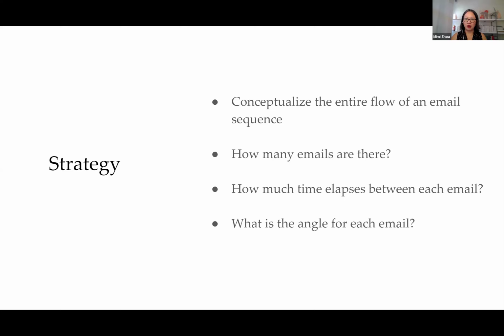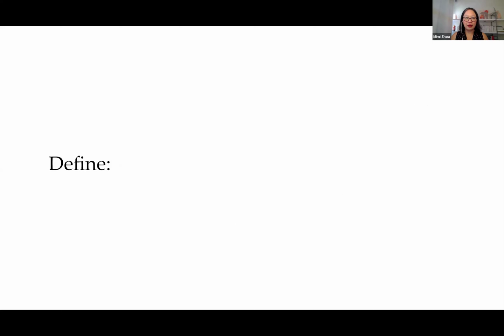I use a program called Whimsical, which you don't have to do, but I will show you how I do it. And before I do that, I try to define, firstly, what is the trigger for the sequence? So is it action-based, like an abandoned cart, that is an action, or a welcome sequence, someone has signed up for your list, that's an action, or is it time-based? A 4th of July sequence is a time-based email sequence. So is a launch if it's a program with a set date.